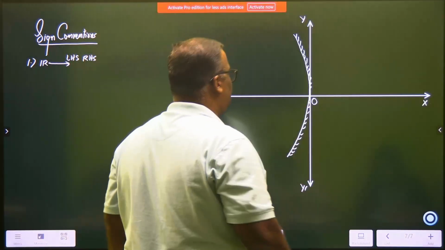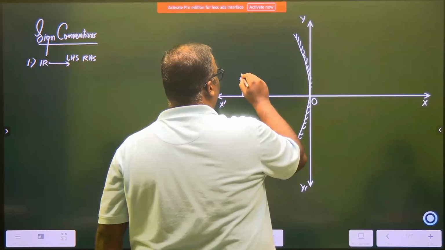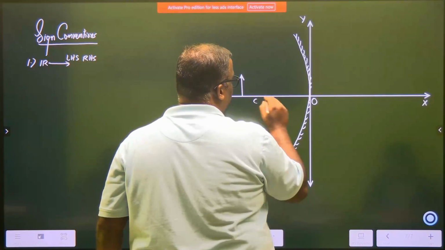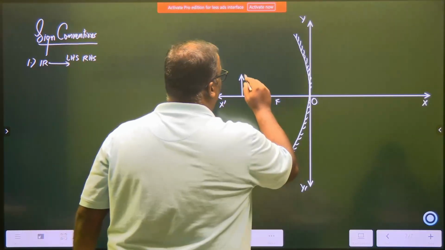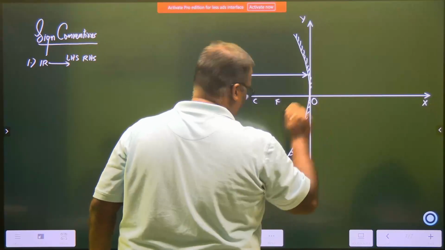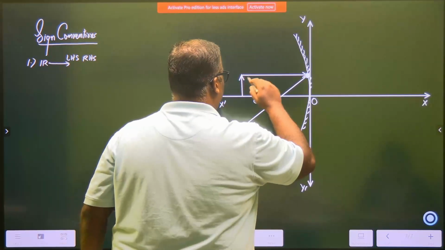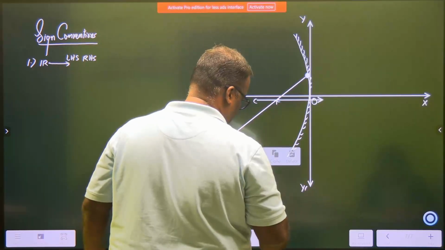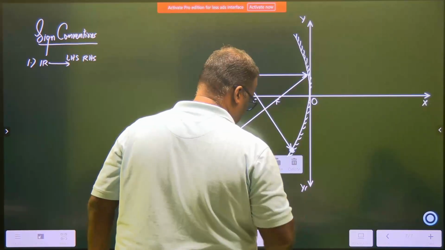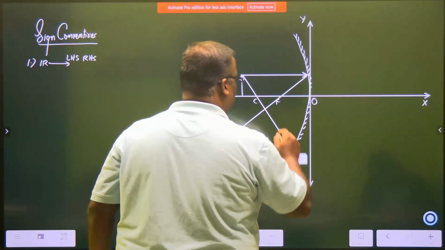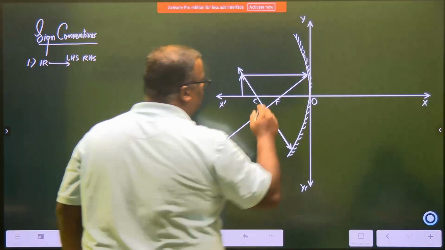So let's say I keep an object out here. This is my object, right? And let's say this is center of curvature, this is focus, and this is pole. So how do I get an image of this? A ray parallel to the principal axis will pass through the focus. So let it pass through the focus. And a ray which goes through the center of curvature goes undeflected, right? So it will go undeflected, which means this ray is going to pass out on the same side like this. Fine. So I get my image at this position,